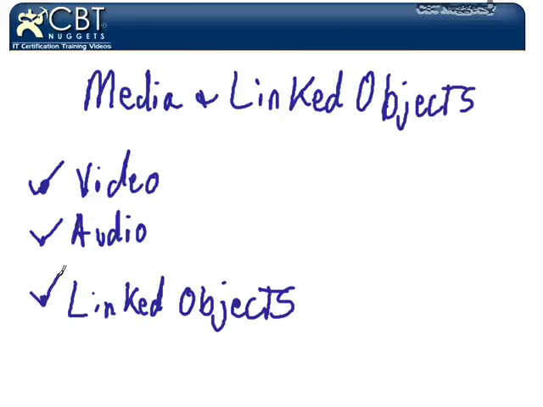And then linked objects. This becomes really powerful, especially if you have sales figures or a document that's constantly being updated. You don't want to have to go in and constantly update it everywhere. Well, just link to it. That way, any changes made to that object, whether it's a PDF file, a Word doc, or an Excel spreadsheet, if it's updated there, you can then update the link, and boom, right there in your PowerPoint presentation, you've got the latest and greatest